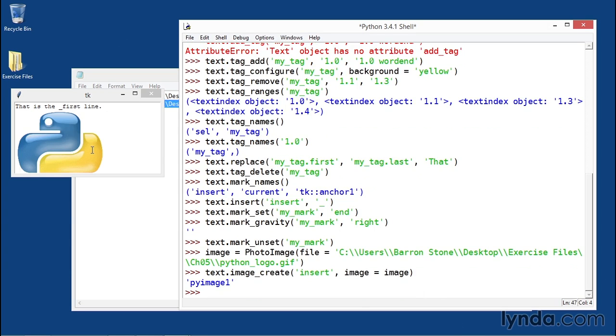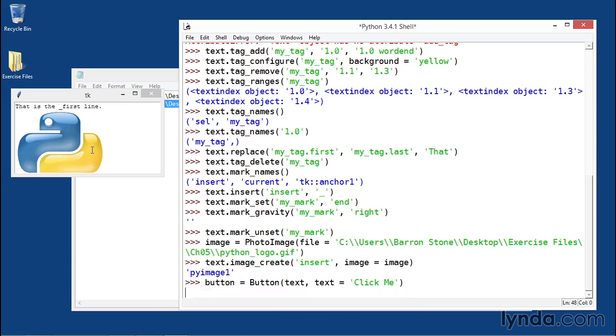We can also add other Tk widgets to the text field in a similar fashion. If I create a button using the button constructor, and I'm going to create this button as a child of the text widget, and the text of this button will say, click me. I can add this button to the text widget by using the